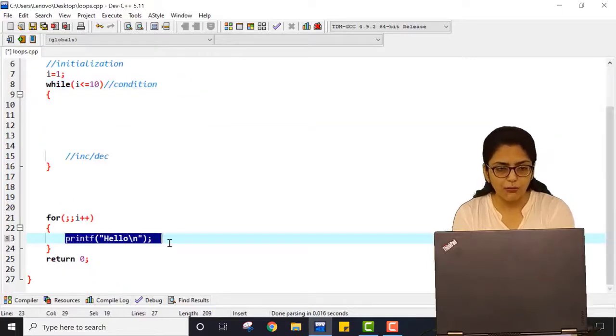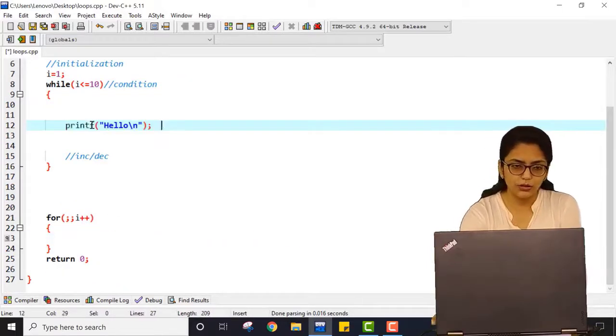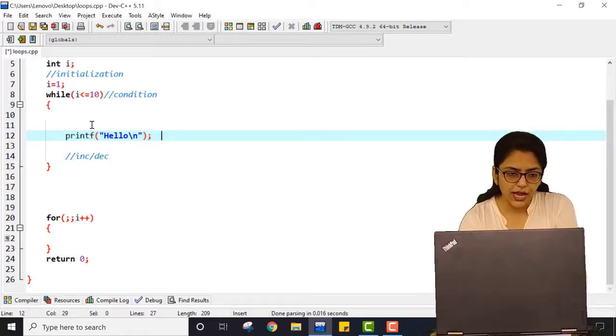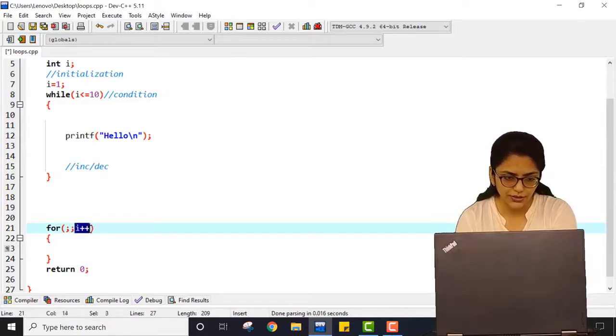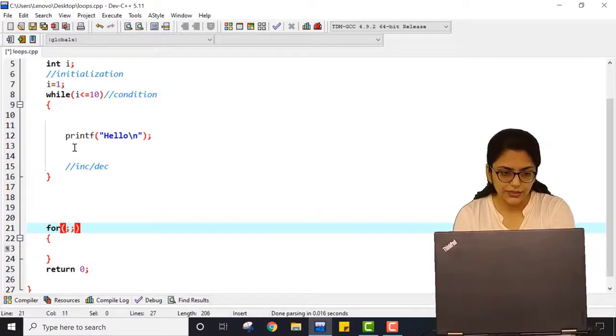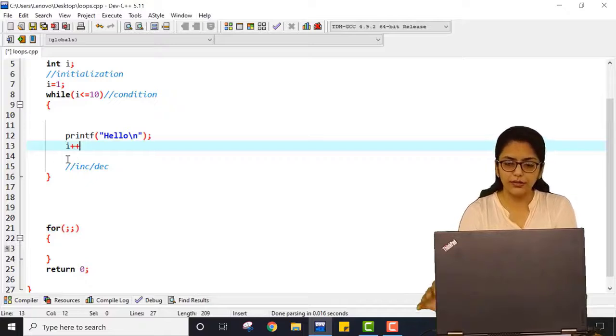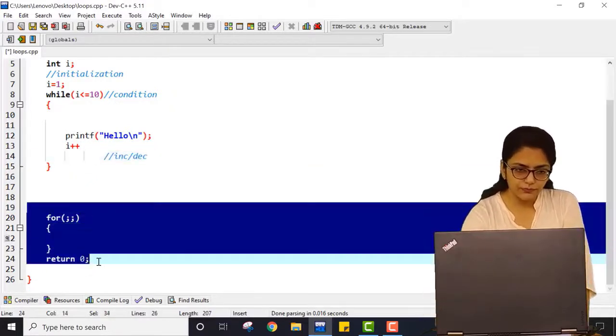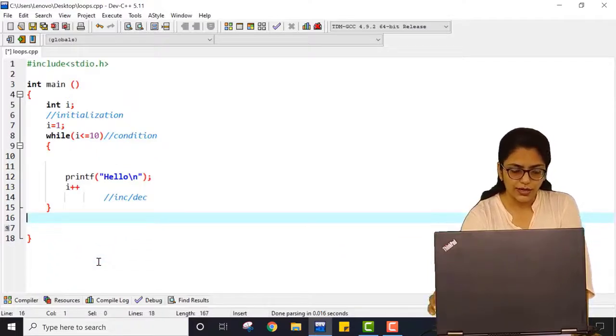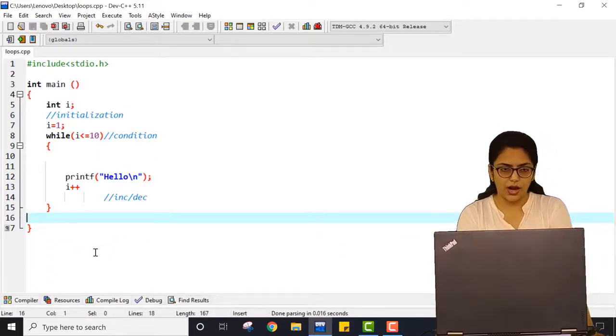I am going to print hello. So here hello, and after that just copy this increment and decrement and paste it over here. Now just erase the rest of the code, and save this program.